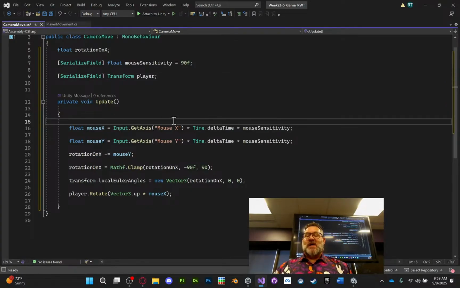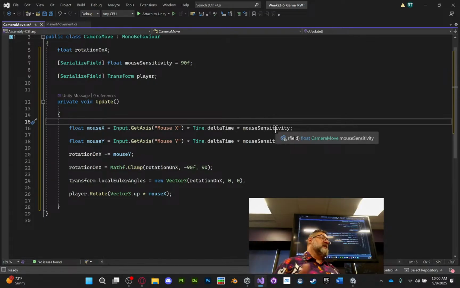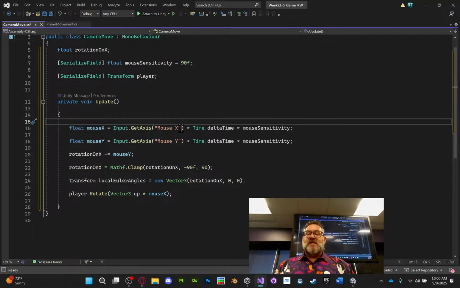I'm not sure why, but it does seem that mouse sensitivity is different on different computers. So maybe it sits on top of your Windows settings or whatever. But if I tell everyone, hey, set it to 90, your games are all going to act a little bit different. So it's something we'll have to play with. So we're getting the mouse X, we're getting the mouse Y. Okay, all cool. We're going to rotate